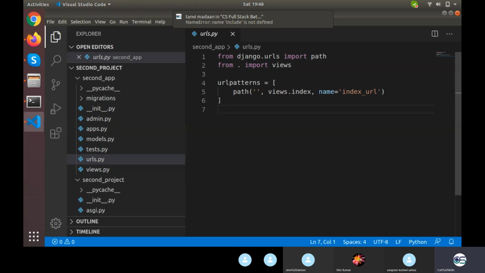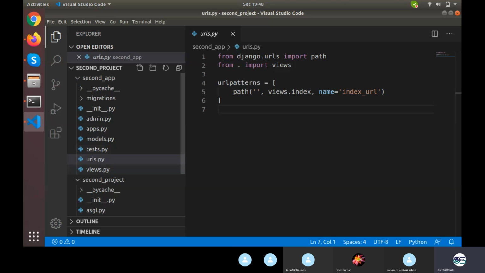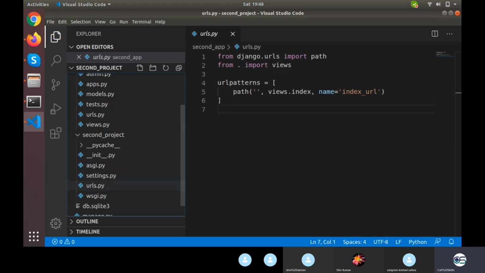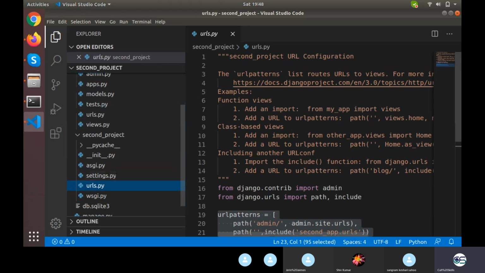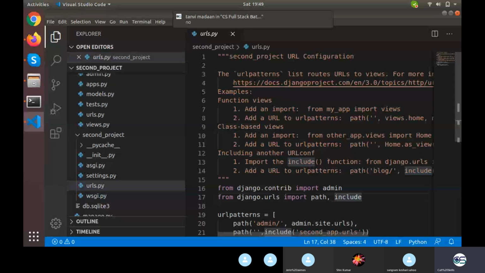Check that in the URL of the project file, project folder. Check if you have imported include or not, just next to path. I'll just show you this URL of project. Do you have include mentioned here or not? Check that. Then it will not work. You need to import include.